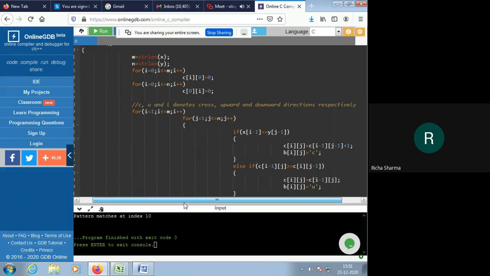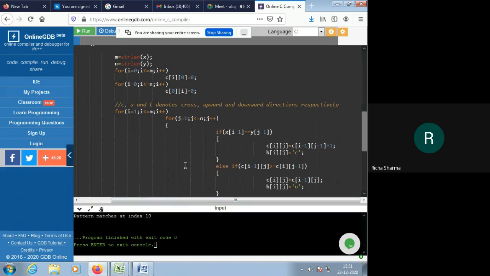Next, in this command you can see that we are using three variables C, U and L to denote cross, upward and leftward directions respectively. In the theory lectures we have discussed the meaning of this C. If the two particular letters in both the strings match with each other, then we put a diagonal arrow at that particular location.